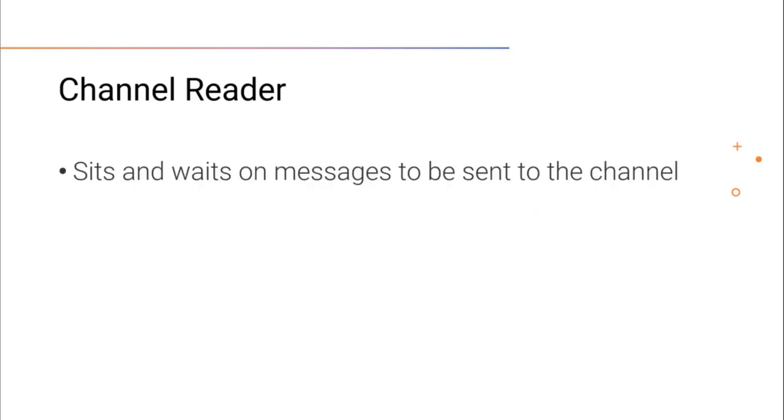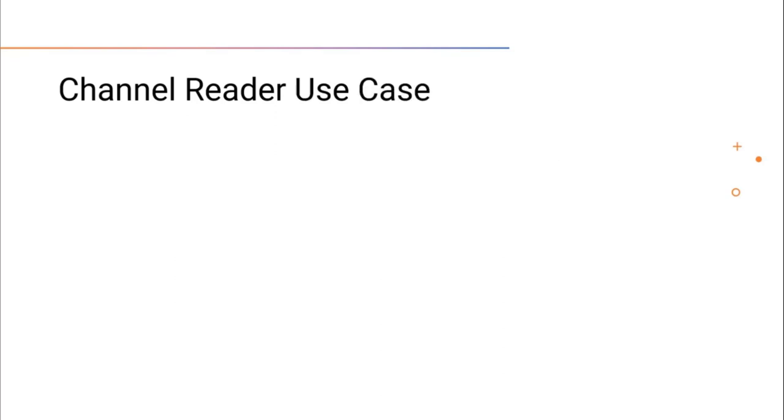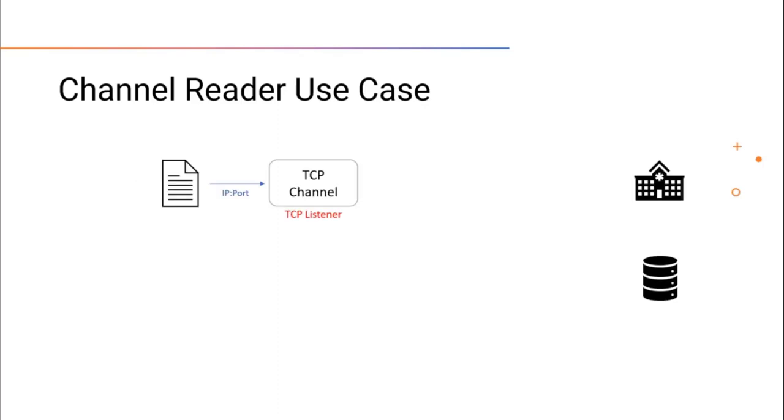As the name suggests, the connector will simply sit and wait for any traffic from another channel and then process the message it receives. This can especially be useful if your process needs to split message workflow into multiple channels. So one of the use cases for a channel reader is if we have an existing channel that receives messages